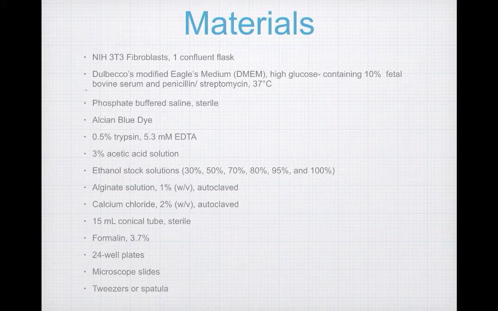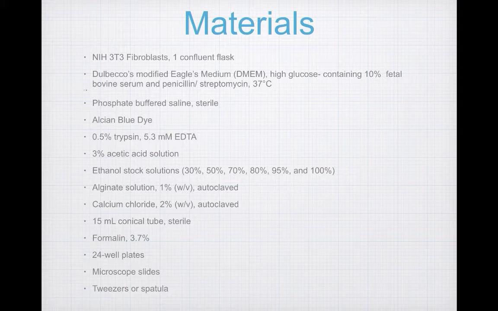So for the materials for this lab, each group will receive one confluent flask of NIH3T3 fibroblasts. You'll receive some cell culture medium, DMEM, containing bovine serum and pen strep. It will be warmed for you. You'll need sterile phosphate buffered saline, alcian blue dye, trypsin, acetic acid solution, ethanol stock solutions between 30 and 100%